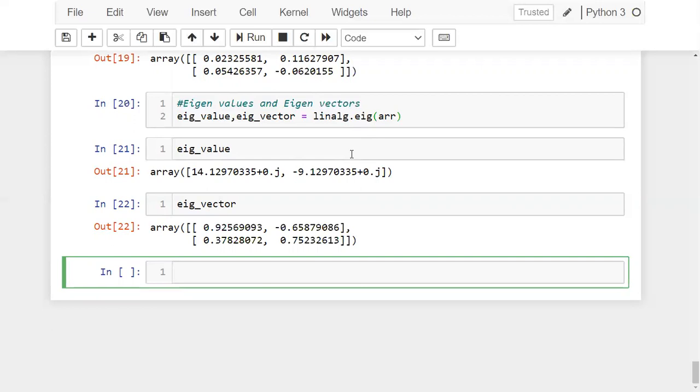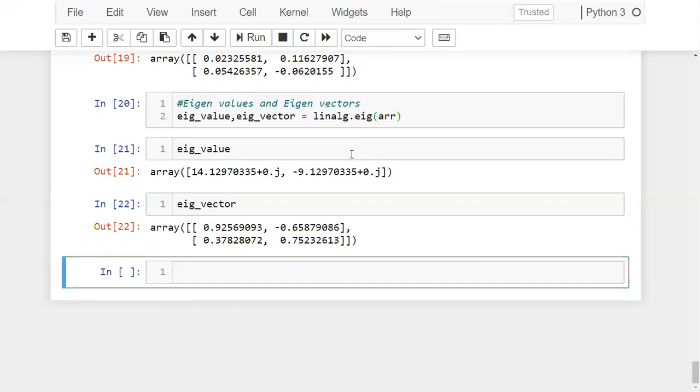Okay, so not only these basic mathematical operations, you can work with images also. Okay, if you want to work with images, you'll have two different packages.